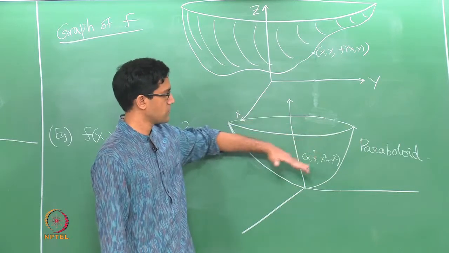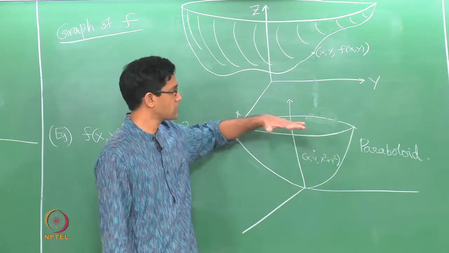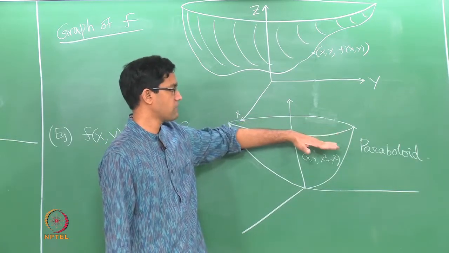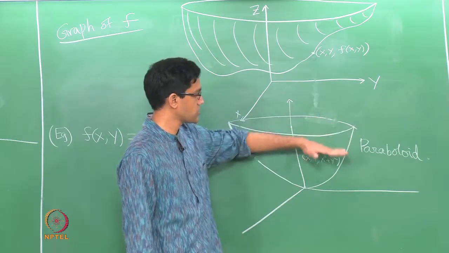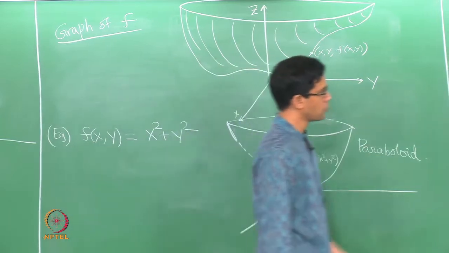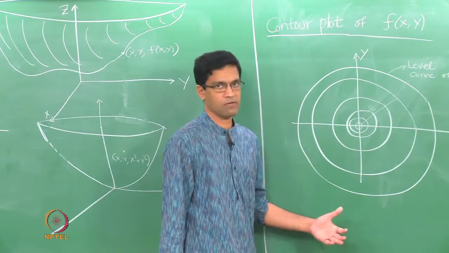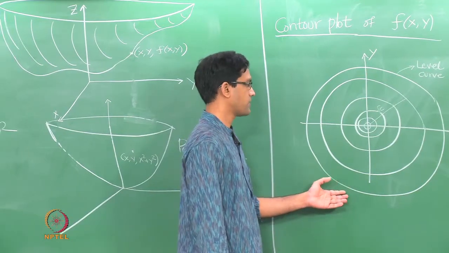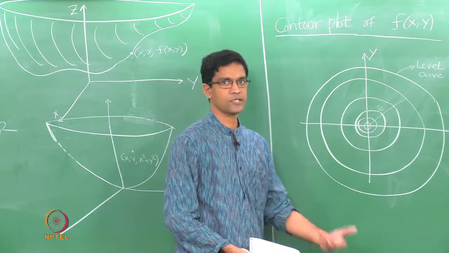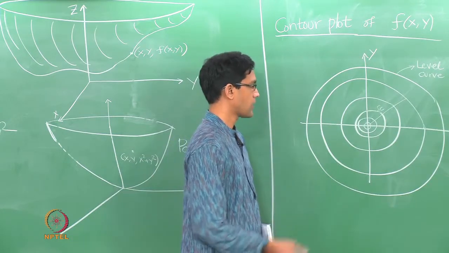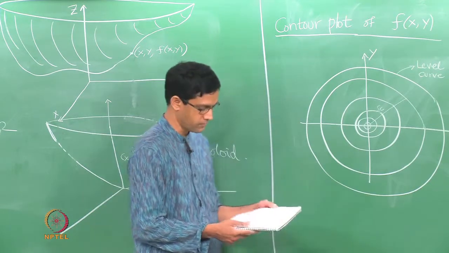the cross sections. So, the cross sections, notice, are exactly the level curves. They give you the curves that you get when you demand that f of x y has to equal some value c. So, these cross sections parallel to the xy plane, if you plot all of them, that is what is called a contour plot or the set of all level curves. And this again has the advantage of just being a 2-dimensional plot. So, it is that much easier to handle and also contains quite a lot of information about the function. So, these are two different graphical ways.